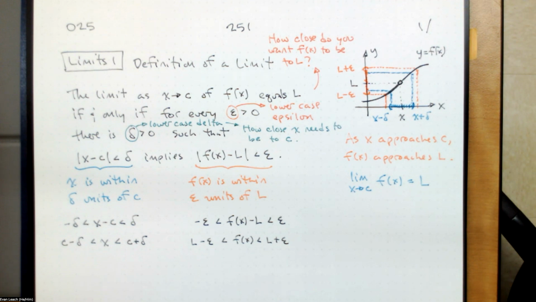The question isn't, what is it? The question is, can we do it? Because the way we want to think about this, the way that we set this up, is that we can make f of x as close to L as we like, that's the epsilon, so long as x is sufficiently close to c. We can make f of x